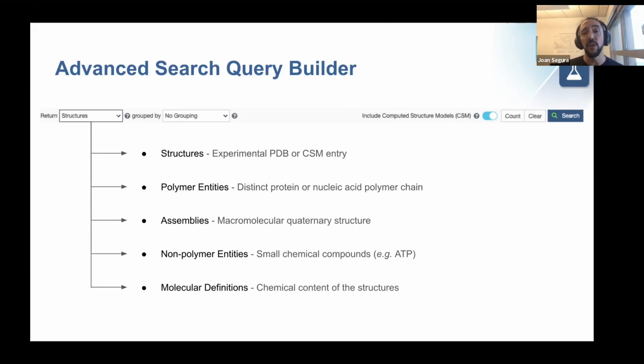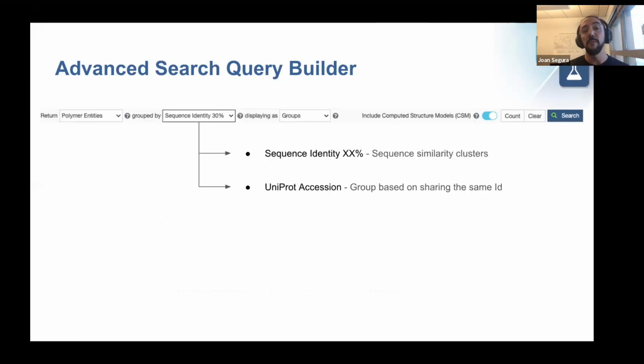Okay, I have been talking about what to do when we get a really long collection of results that cannot be explored manually. So for that, we provide two different clustering strategies. One is based on sequence identity, which will cluster your results based on the sequence identity threshold provided, and the other is based on UniProt taxonomy aggregation. So in that case, all the members of the groups, all the proteins, will